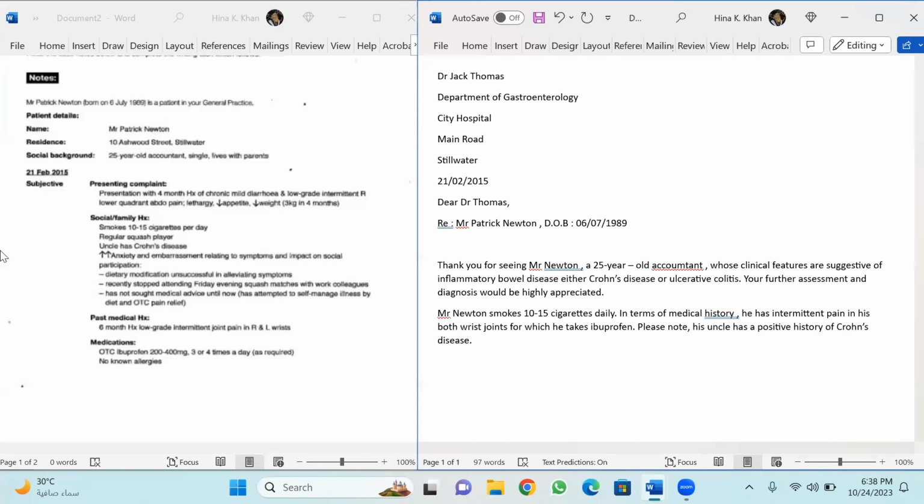Content is the information that you include in your letter, and conciseness and clarity is about the information that you have omitted from your letter. That is how clear and concise your letter is. If you just add unnecessary, irrelevant information, then it will create some kind of confusion. And many people just do add unnecessary, irrelevant information in the